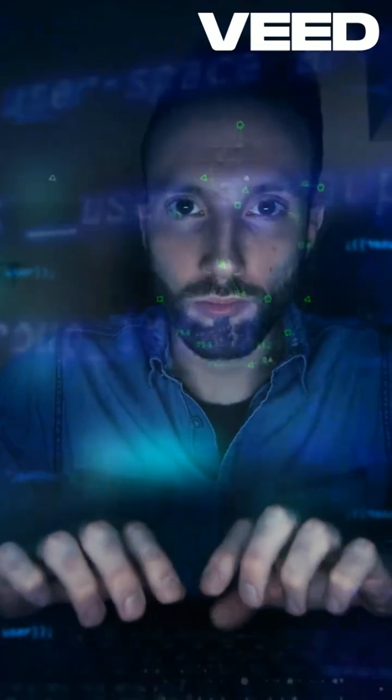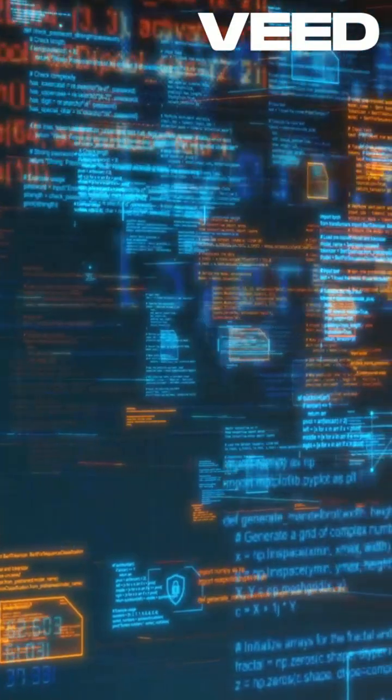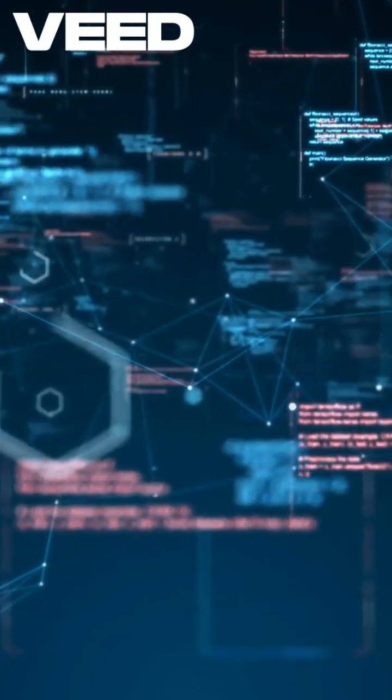Now let's take it up a notch. You'll learn how to make decisions in your programs using control structures like if-else and loops. These will help you control the flow of your program, making your code smarter and more efficient. By the end of this section, you'll be able to build basic games or calculators, giving you a solid foundation